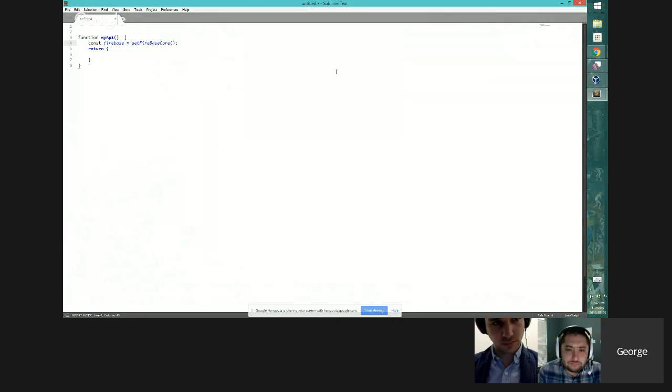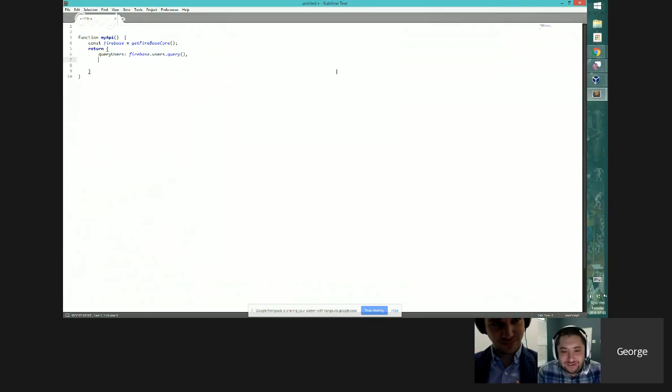I don't actually know how to use Firebase, but something like query users. Most people don't know how to use it either. Query, insert user, and then you would do something like Firebase.insert, something like that, right?